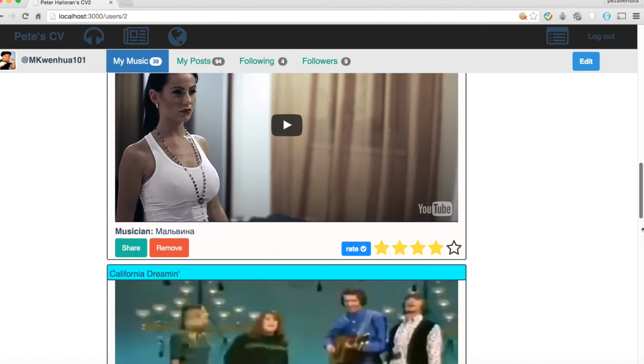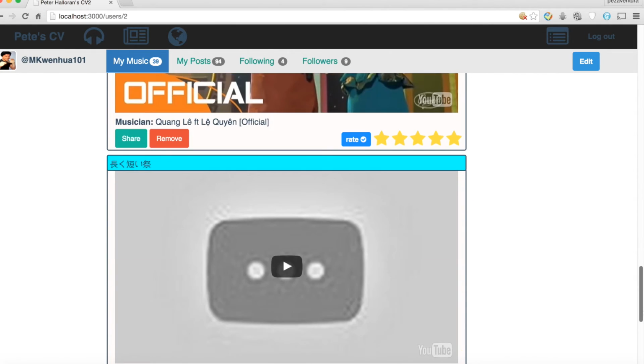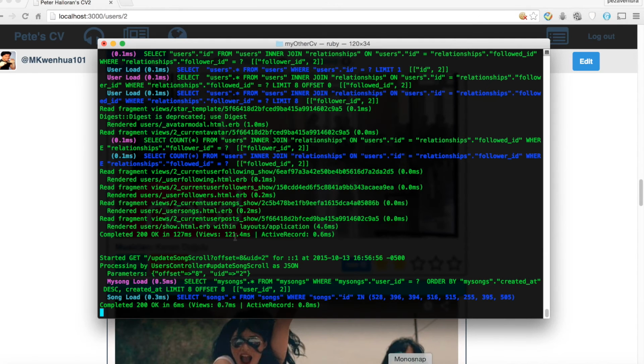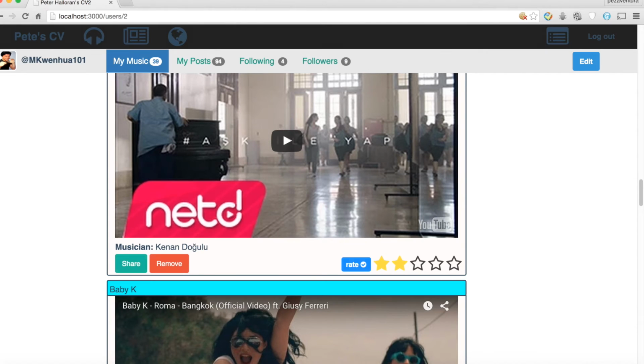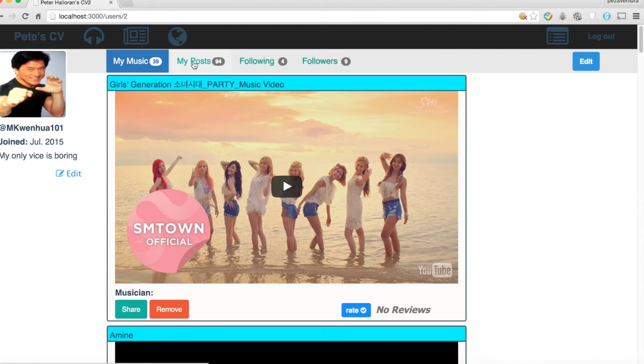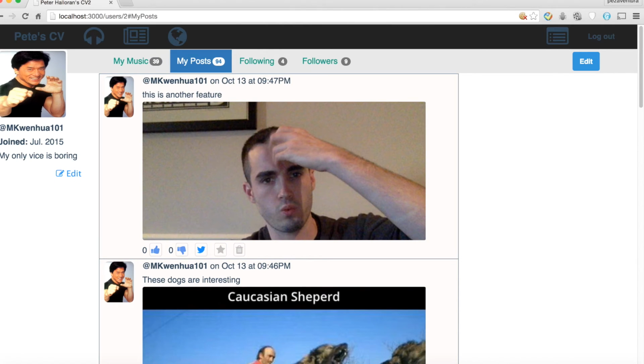Obviously it has endless scroll, so what I do is hit the database, pull, and re-render all the data as you move down. The same thing happens for this. Ooh, I think I deleted that, but the reason it is still there is because I cached it and forgot to expire the cache.